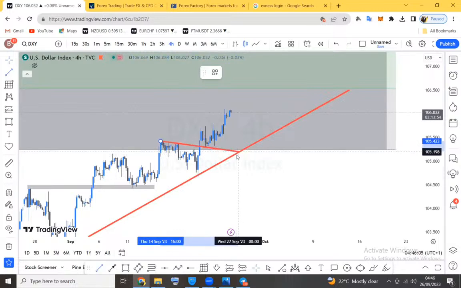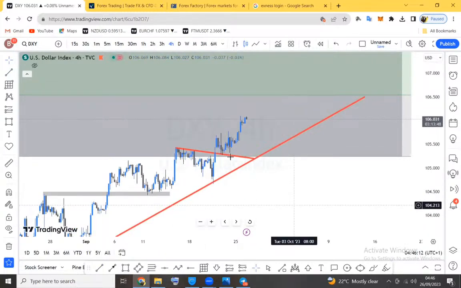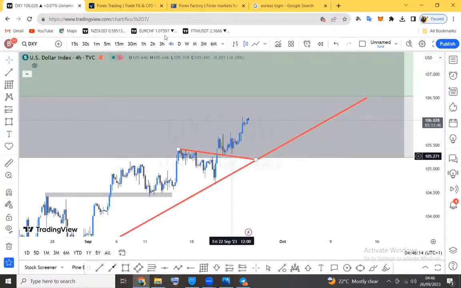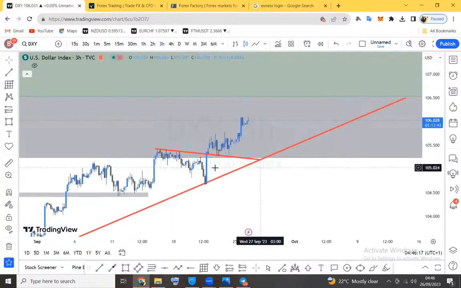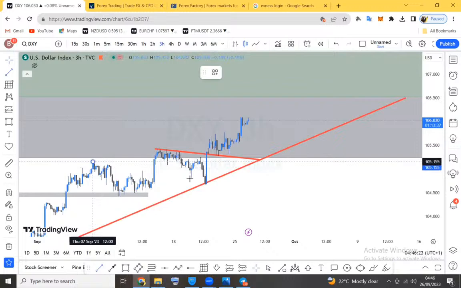So, we have horizontal and diagonal. So we have trend line, which is support resistance, and also we have horizontal support resistance as well. So this has been one of the methodologies that price has used to rally to the upside from this very end. And as well, the trendline methodology is still very valid in this market.